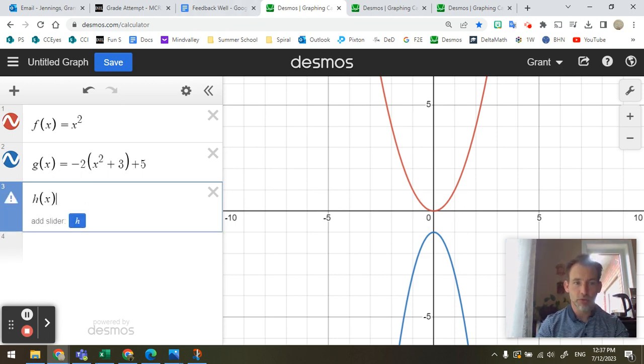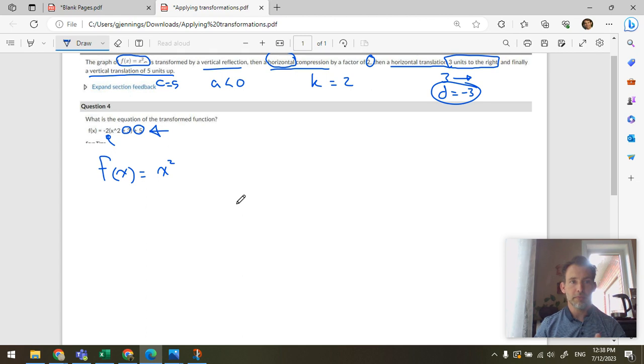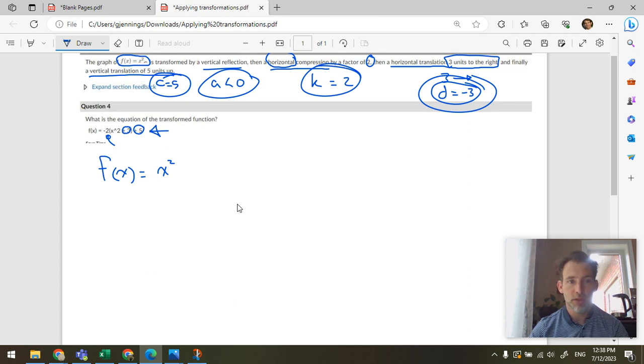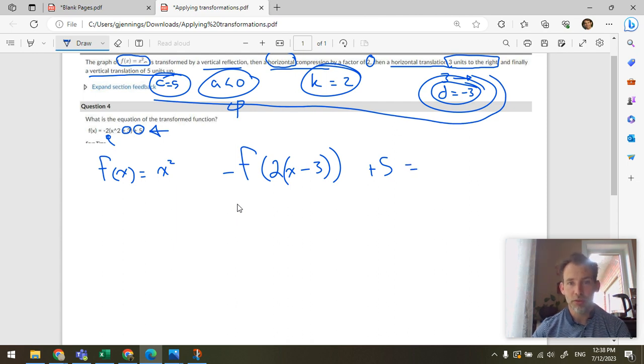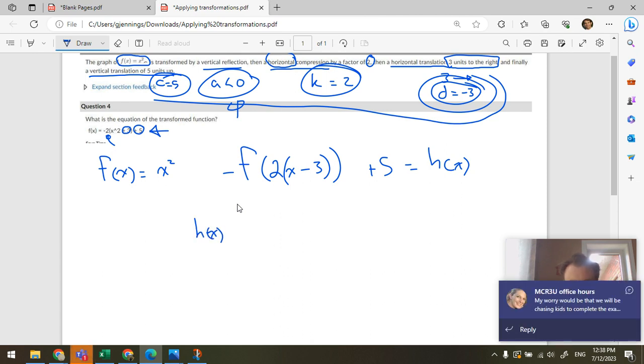h of x, and I'll do it on the paper first. This is how I would do it. So I'm going to take my numbers here, a, c, k, and d, and put them into a function. So I'm going to have f, but it's negative f because I want to reflect it, of, and then I put my k inside there, 2x, put this in brackets, minus 3, bracket, bracket, plus 5. That's where they go in function notation. Now, if I say this is equal to h of x, like my transformed function, then my equation for h of x is equal to